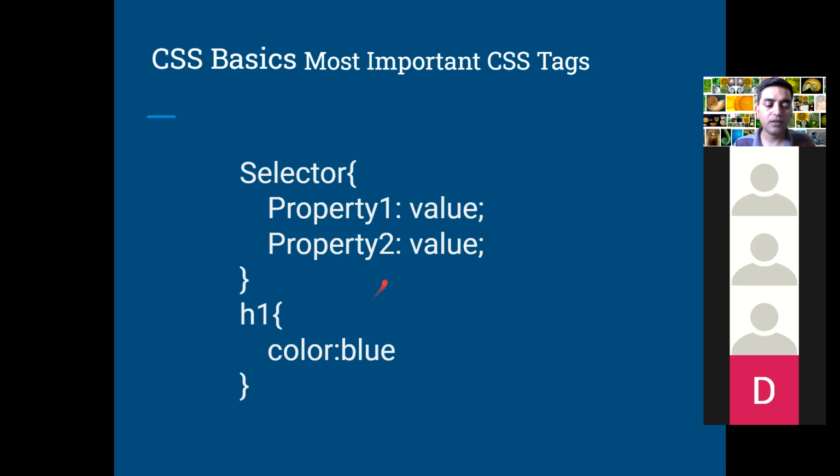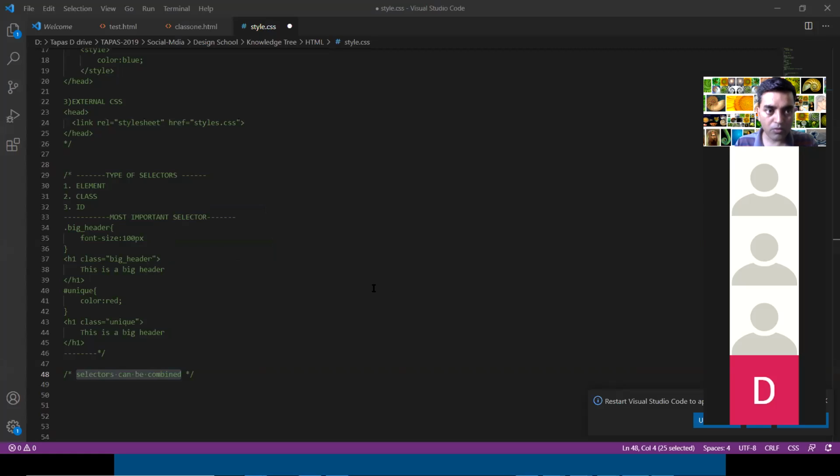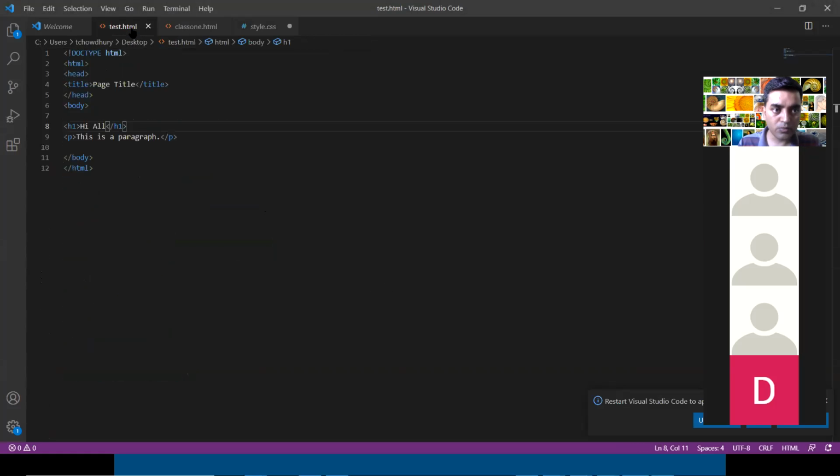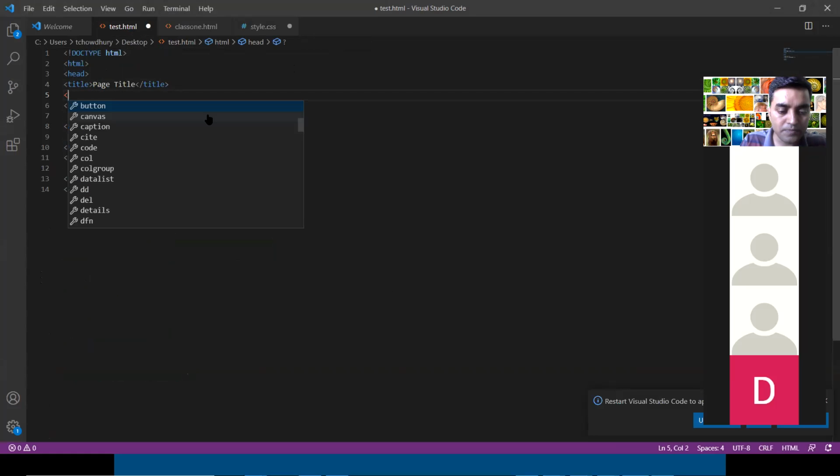Okay, so let me open Visual Studio Code. Okay, so we have created this. Let me add. See, I am now inside head. Look closely, I am inside head. Can you see the software, the IDE where I am writing the code, with the black color scheme? Yes, you can see. Okay. File. H1.